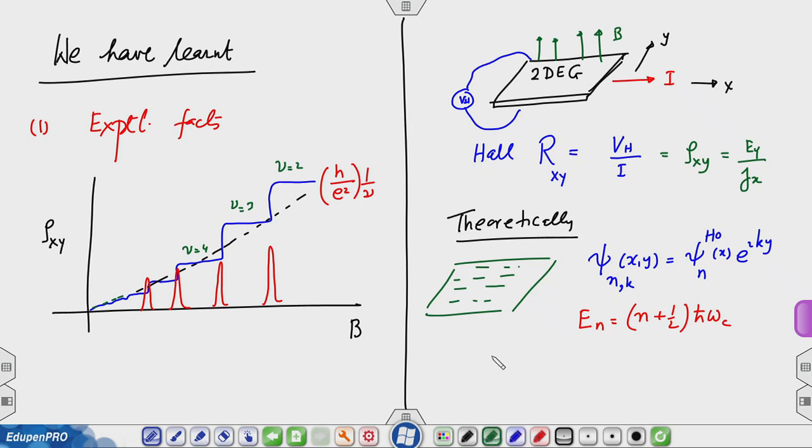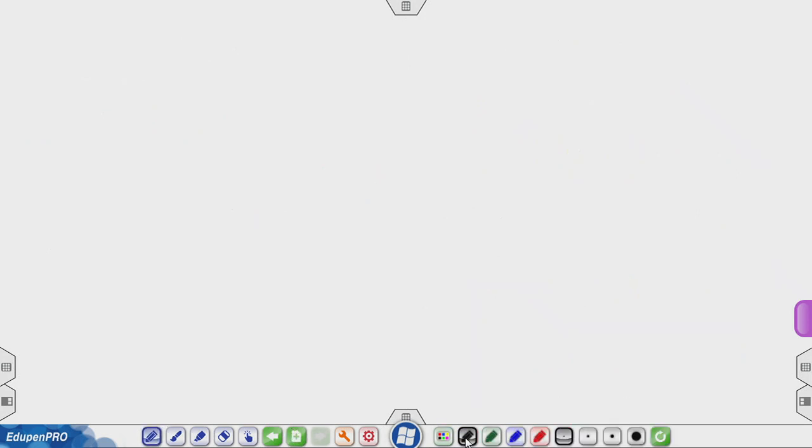The average velocity is 0, because the velocity in the y direction is p plus e A divided by m. And we work this out in the Landau gauge. So, let me write this in. The final result should be independent of the gauge. So, we have this